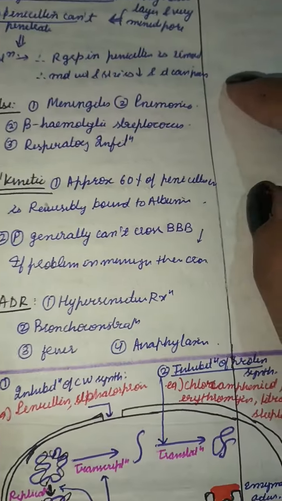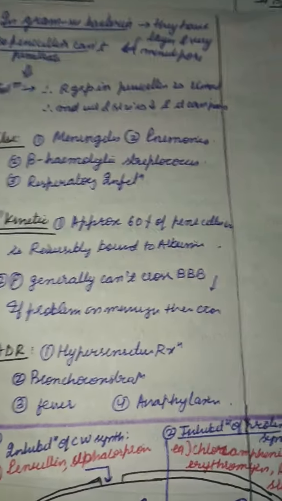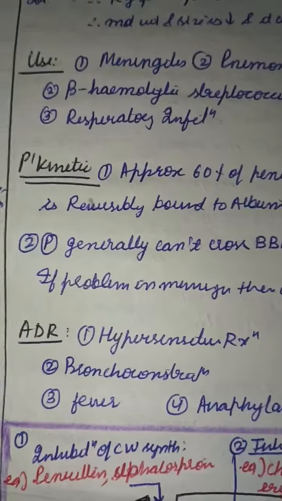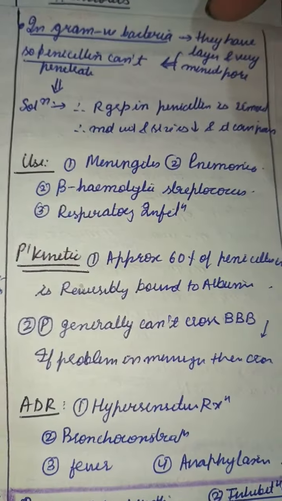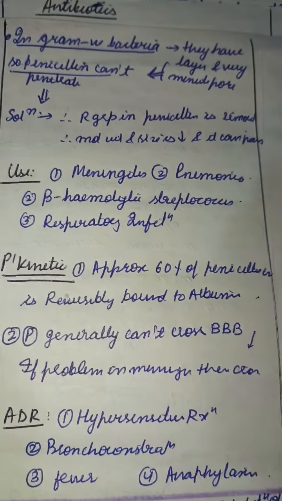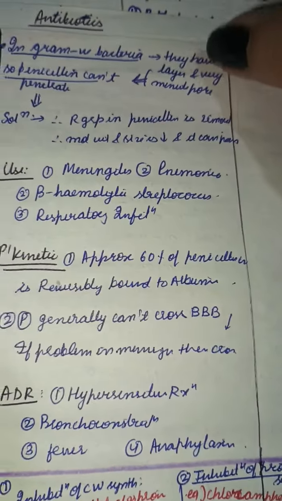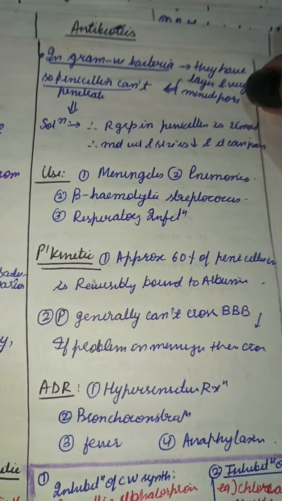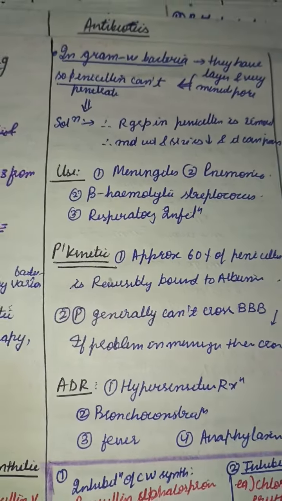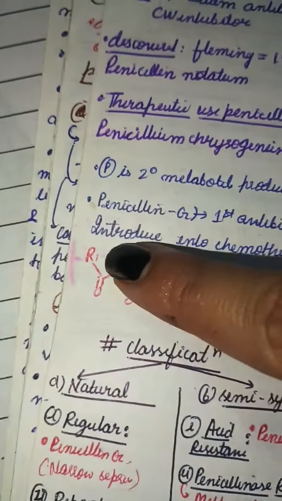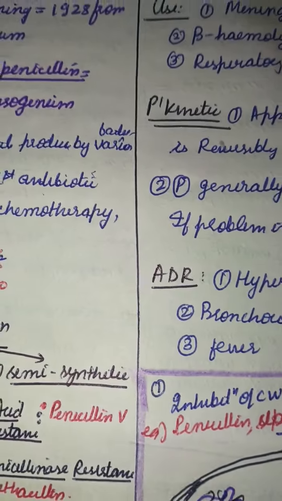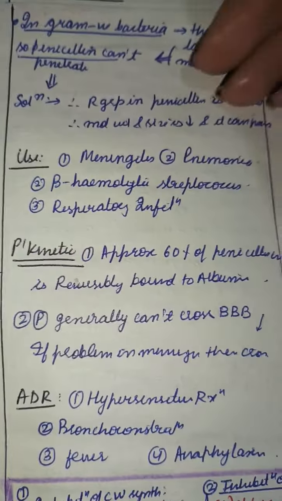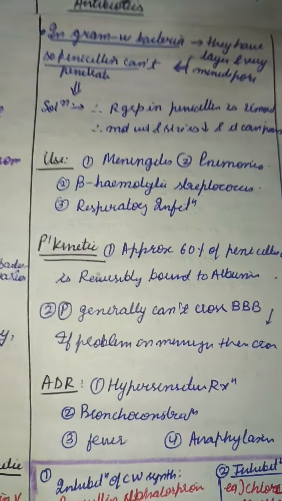As we know, penicillin has a lesser spectrum of activity than the cephalosporins, but it is seen that gram negative bacteria have layers, right? And they have very minute pores in them, so penicillin generally can't cross the membrane. So the R group of penicillin is made smaller or removed in order for penicillin to penetrate into the gram negative cell as well and show its action.